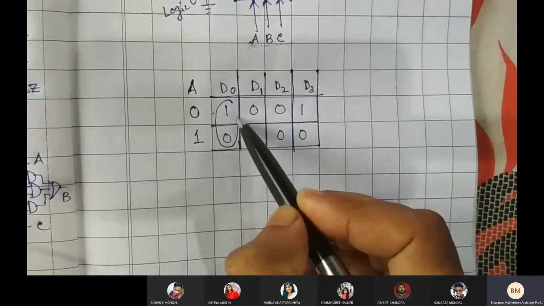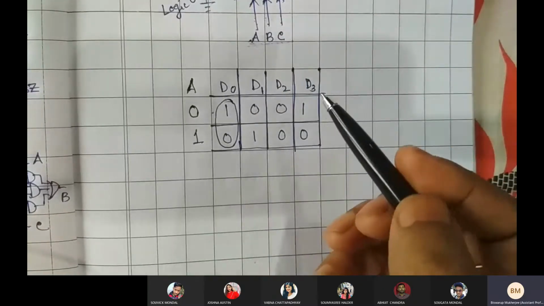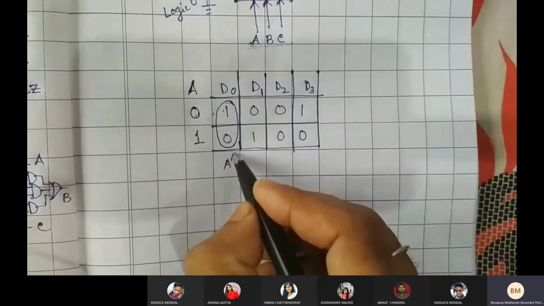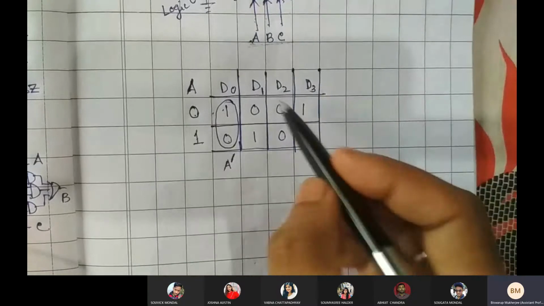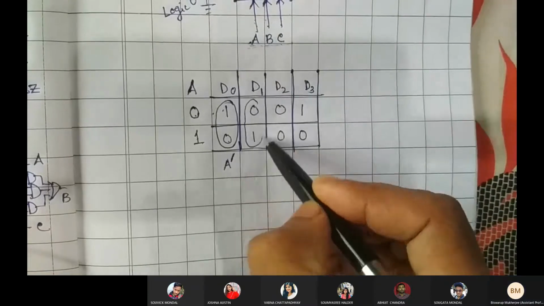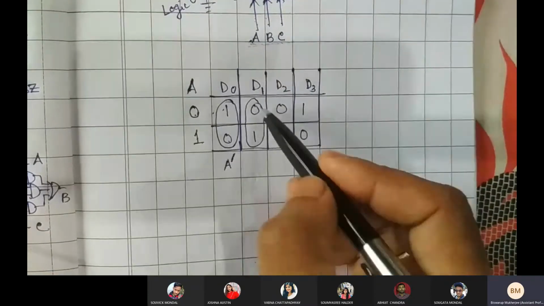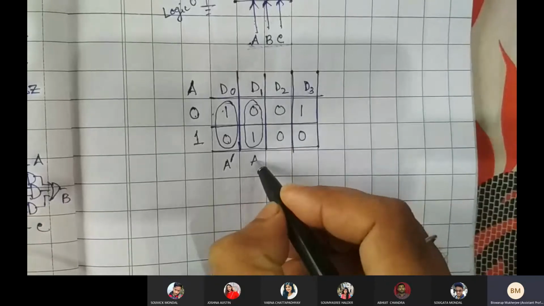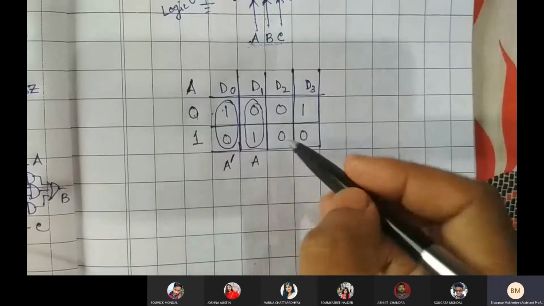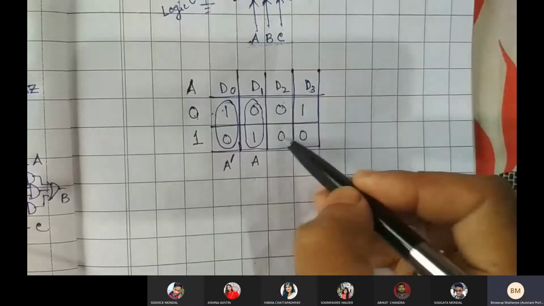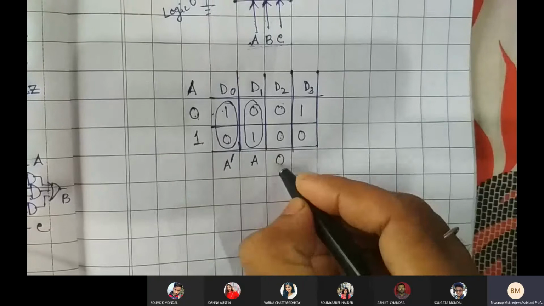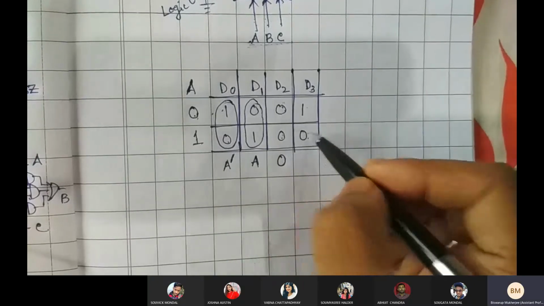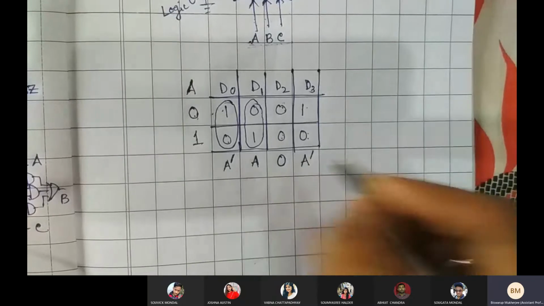If you look at this, it looks like just the opposite of A. So we can write it down as A bar. Okay. If you look at this one, how will it look? You need not provide any box, make sure. Just write it down. This one as A. Okay. Now this one, both are 0, 0. So we can directly write down this one as 0. And you have this one, 1, 0, which you can also write down as A bar.